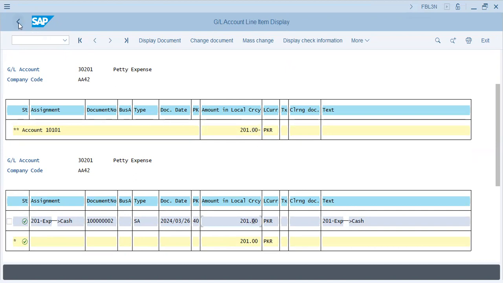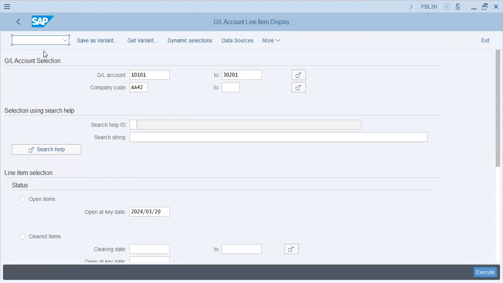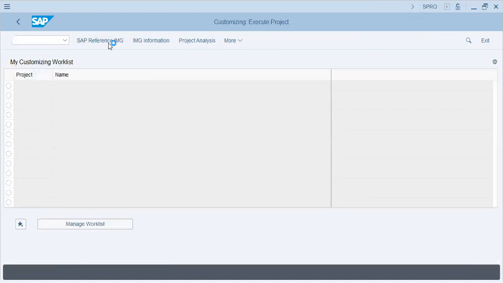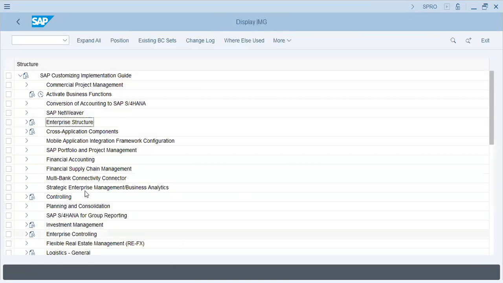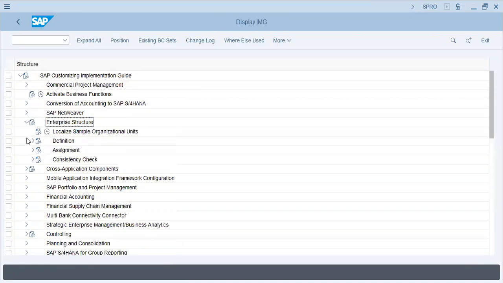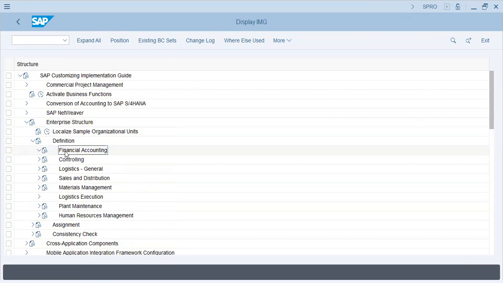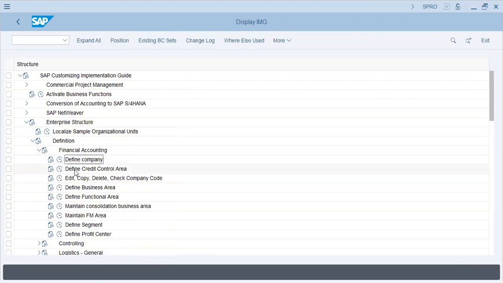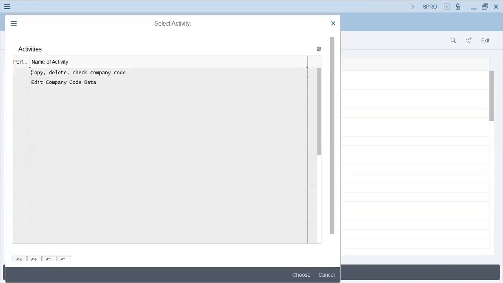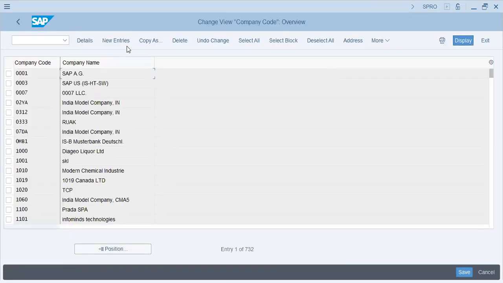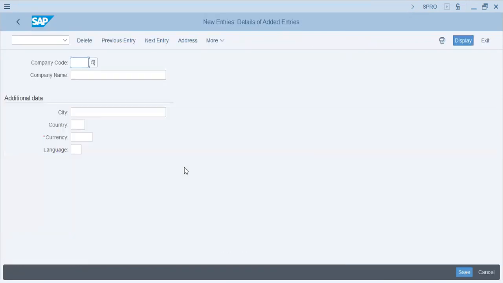Okay, so let's start with configuration. SPRO, SAP reference IMG. Now this is where we configure everything. Enterprise structure. This is enterprise structure where we create all our organization units. So we will define in financial accounting your company code. Okay. Edit company code data, new entries,